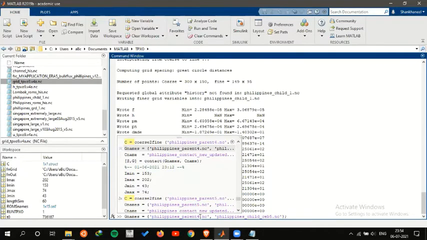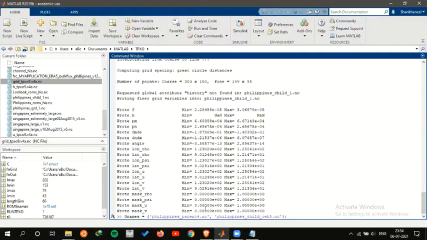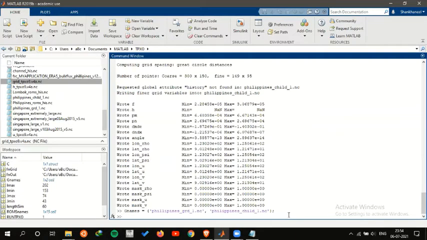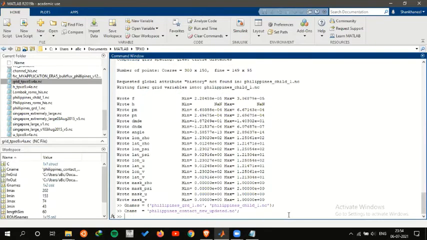First I pass the parent, so I'll just change the parent name. This is my parent grid name. Next I will pass the child grid name, which is child 1. I have passed the child name. Then you press enter in the gnames. Then you press the cname command, which I have called Philippines_contact_new_updated. This will generate the contact file.